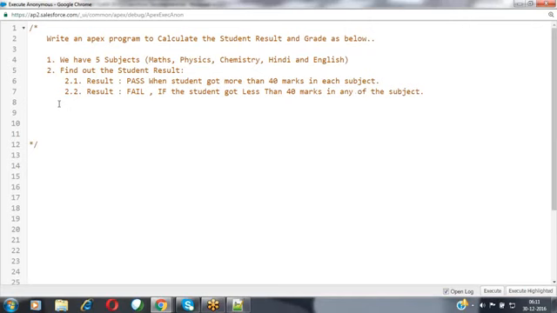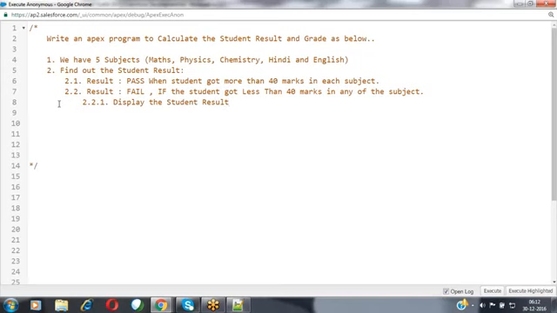If the student got less than 40 marks in any of the subjects, then he should fail. Now, if the student fails, then I want to display the result. Display the student result.